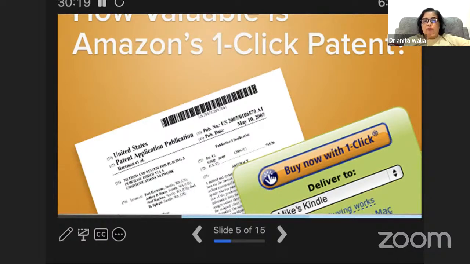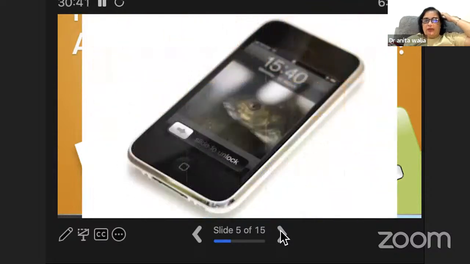The customer used to get irritated, so Amazon came up with the process of one click. One click means you click on it and you already have your saved details. You just go to the payment and do the payment. You don't have to waste a lot of time. Okay. So similarly, one more patent I will tell you. These are things which the companies have done.